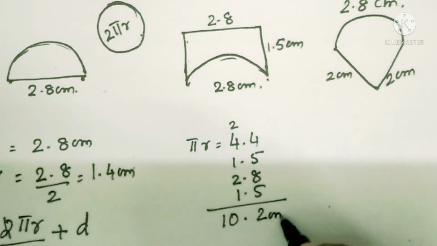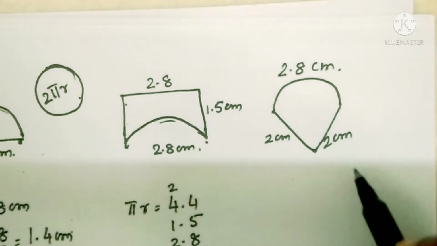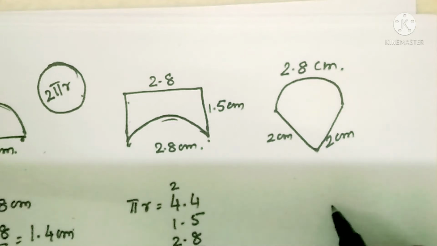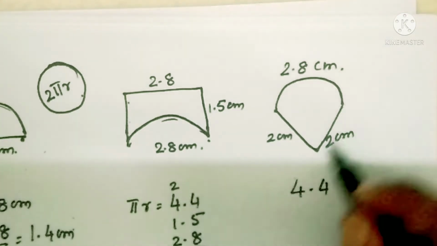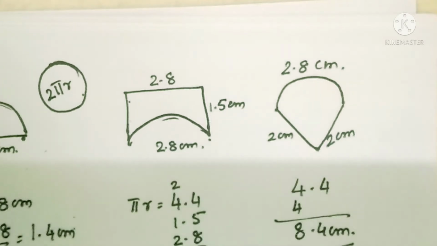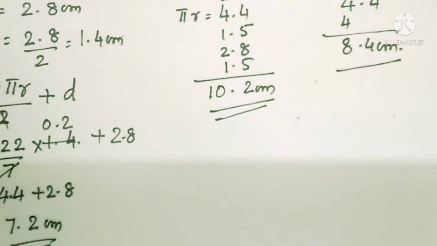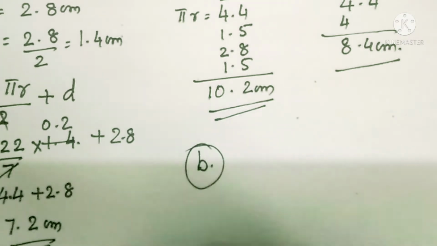Okay, this much. Now in the second one, it has to move 1/2 circle, which is equal to 4.4. Perimeter is 4.4. Then here 2 and here 2. So total 4. That is 8.4 centimeter. So in which one does it have to move maximum? In which one? In B. Figure B, it has to move maximum. With this question, this particular exercise is over.